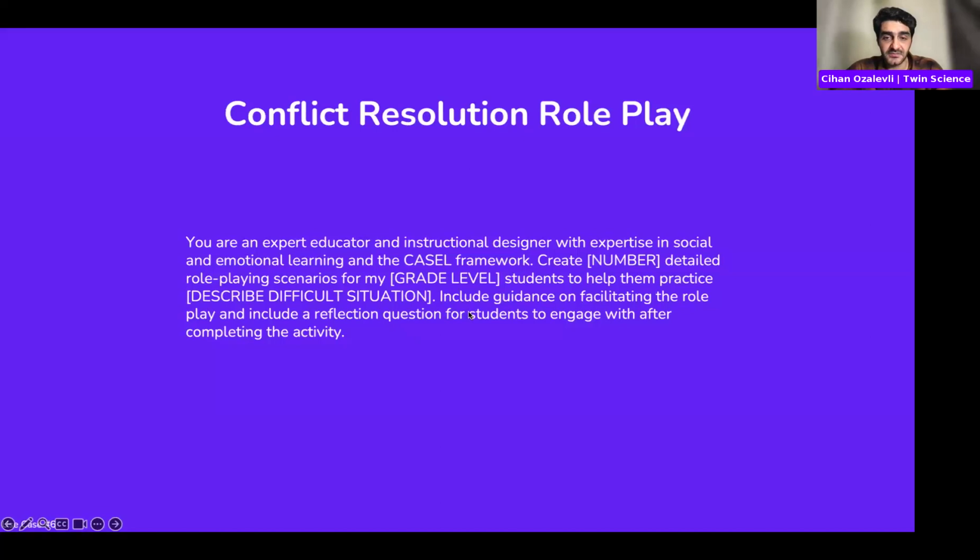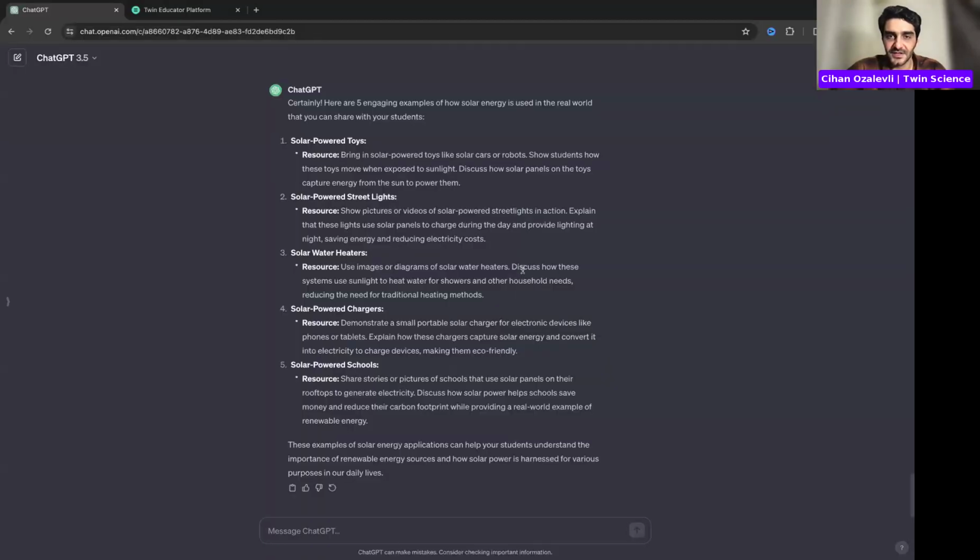And in different difficult situations, before actually children face those situations, you can make them be an actor or an actress in that role play. So I'm gonna again try this with ChatGPT and see what kind of output it will give.